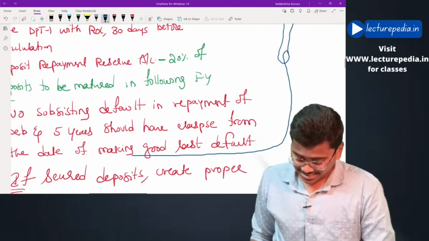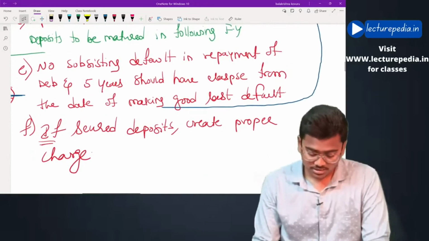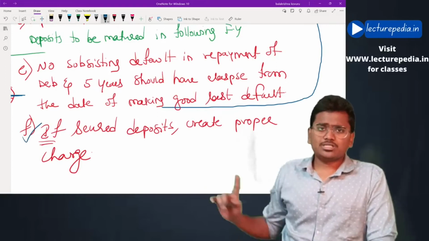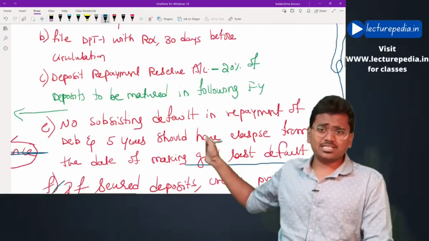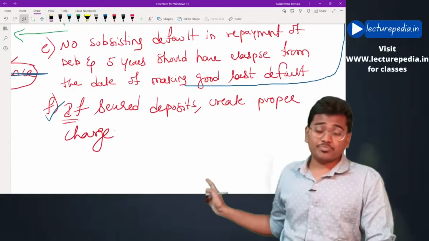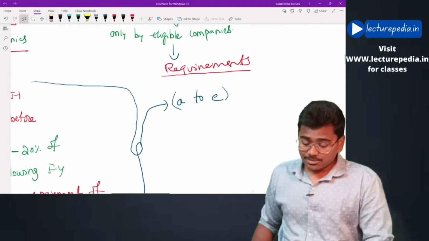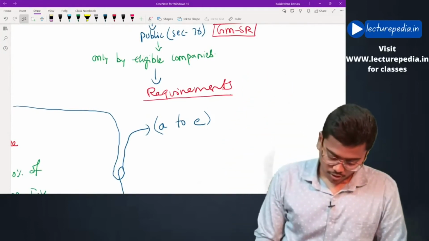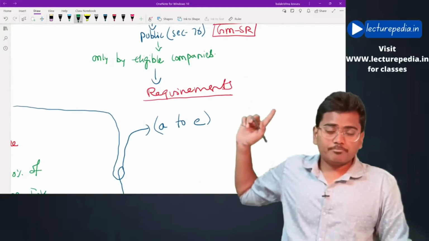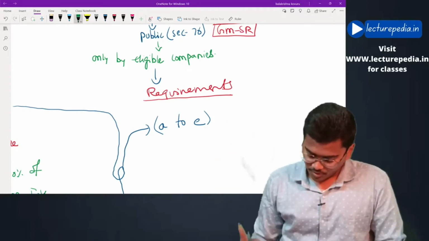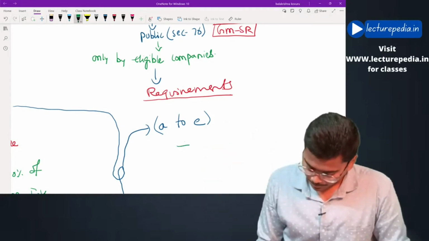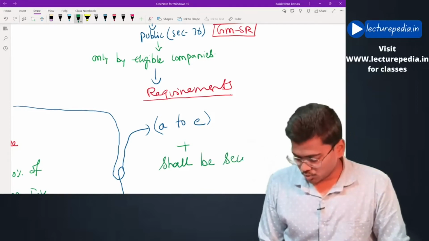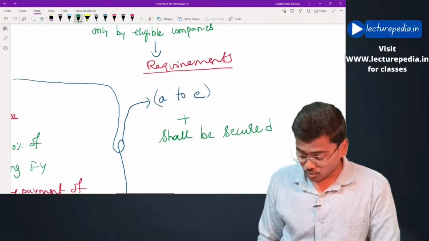You should not consider this F point, because the F point says if secured. Since for deposits from members under section 73 we used the term if secured, but for raising deposits from public, they must be secured. Thereby you should not use the F point there. Only A to E, only 4 points, plus shall be secured, and also